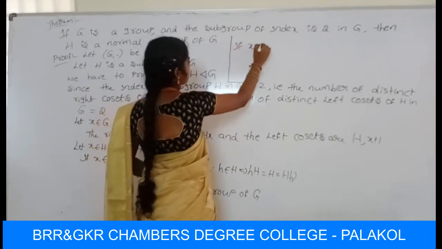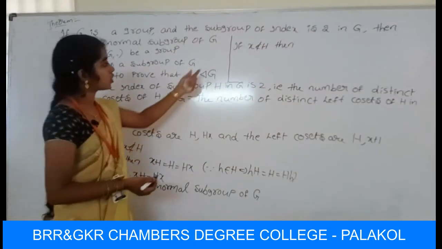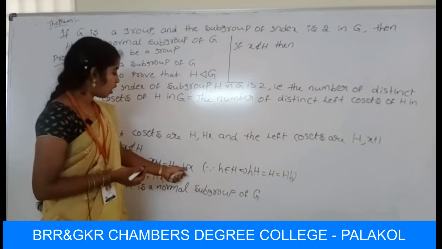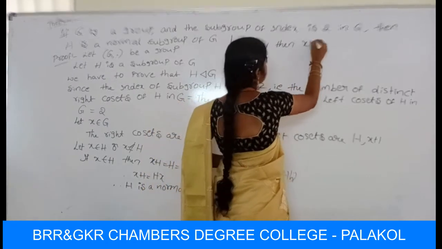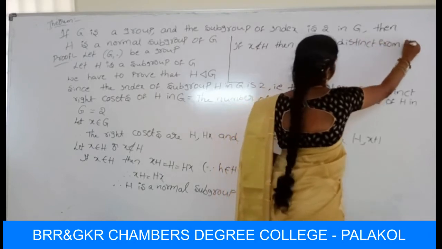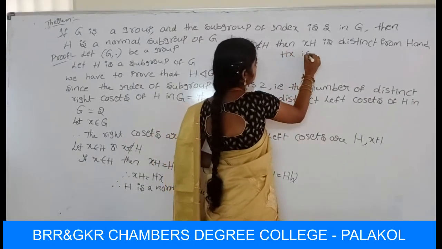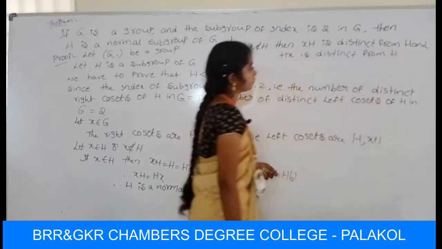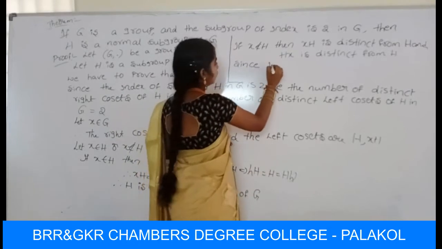if X does not belong to H, then XH is distinct from H and HX is distinct from H. Then XH is distinct from H, and next HX is distinct from H. So since already you know that the index of